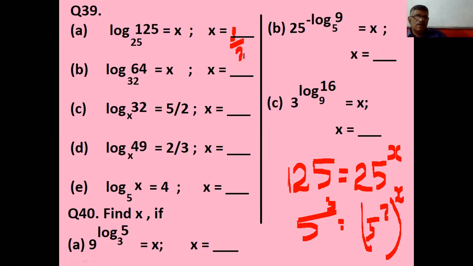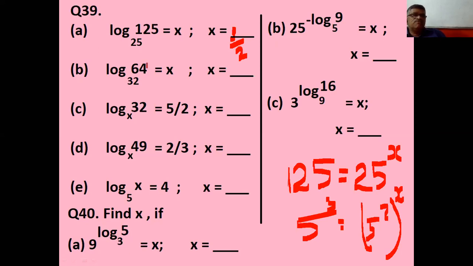Can you answer what is log 64 to the base 32? 6 by 5. I'll tell you an easy way. Log a to the base b is log a upon log b to a different base. So you can say log 125 upon log 25. You take the base 5. Log 125 to the base 5 is 3. Log 25 to the base 5 is 2. So 3 by 2. Log a to the base b is log a upon log b, giving a convenient base. Log 64 to the base 32 is log 64 upon log 32.